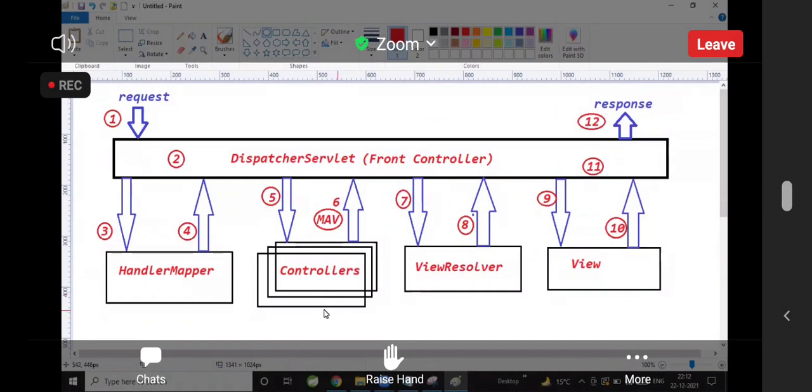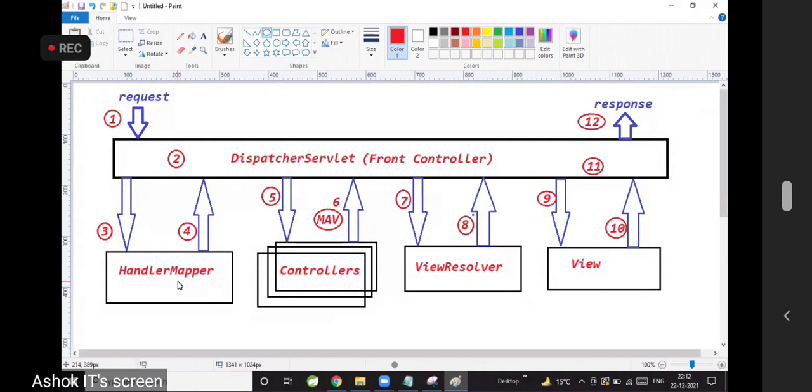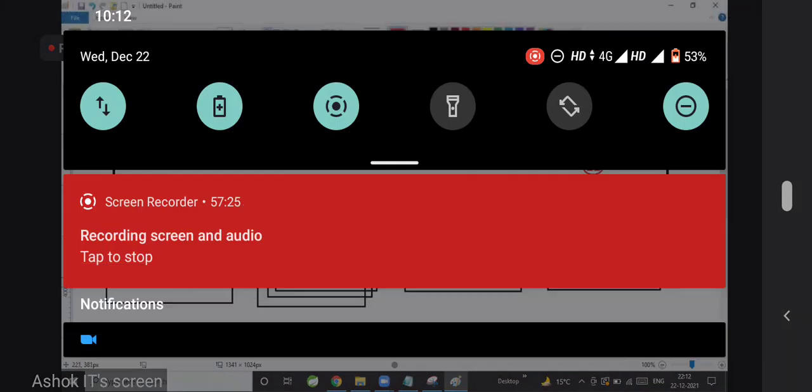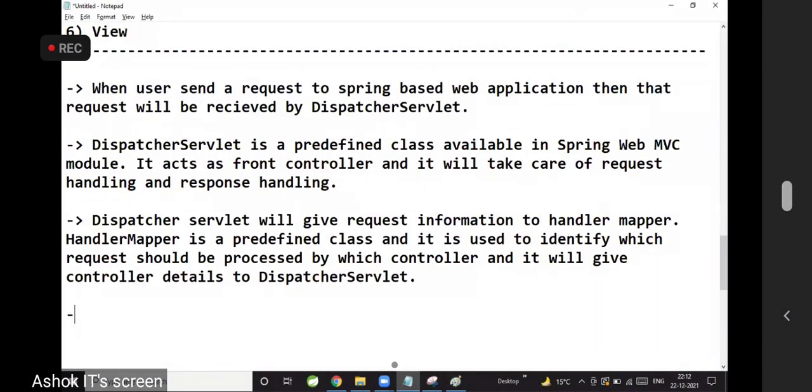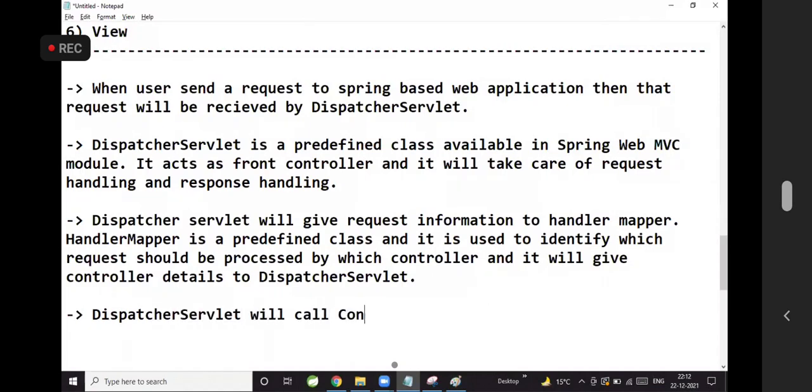User send a request. To handle that request, there are so many controllers available. Which controller should handle that? That will be identified by handler mapper. Handler mapper will give that information to dispatcher. Then dispatcher servlet will call controller method.